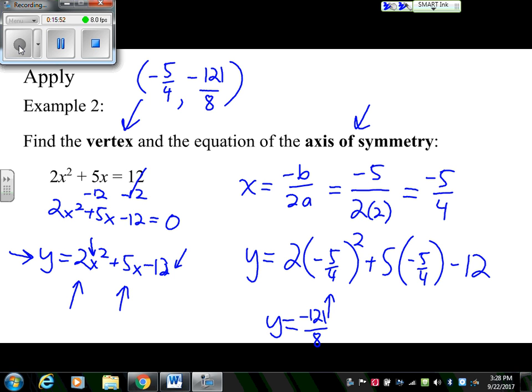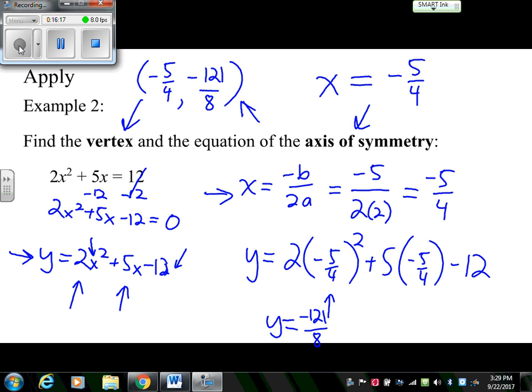Finally, for my equation of my axis of symmetry, I just go back to the x value of my vertex. It does have to be an equation. The most important part of an equation is an equal sign. It should start off with x equals because it's a vertical line, and it should equal negative 5/4. And so that will be a vertical line that runs through the vertex, which is at negative 5/4, comma, negative